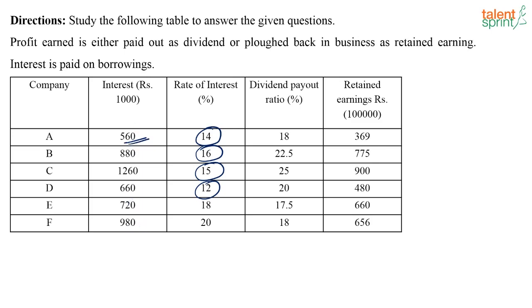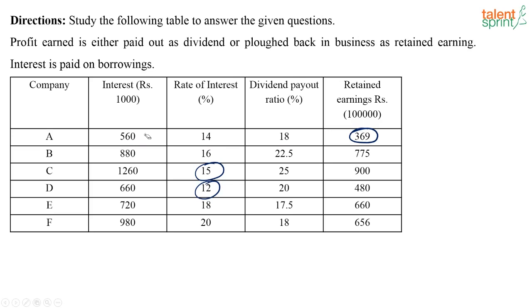Then the profit that the company makes. Every company makes some profit, and this profit is split into 2 parts. One part is given out as dividend, and whatever is remaining is put back into the business. So here, this is what they have given. Now let me explain it further to you. Now if you consider company A,